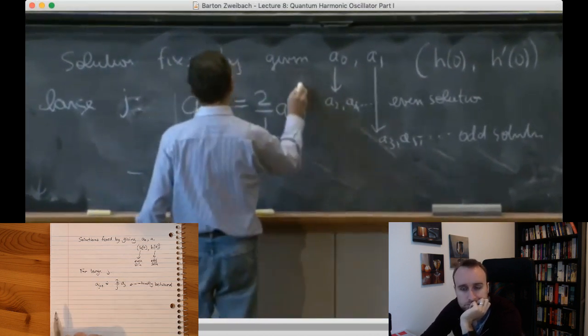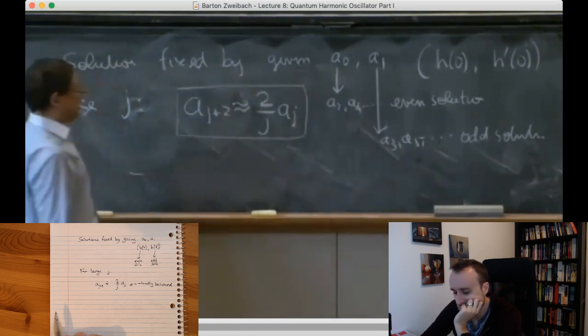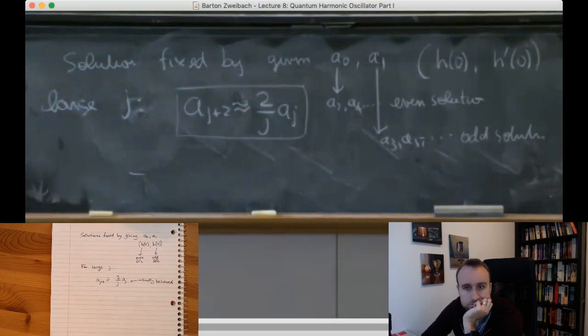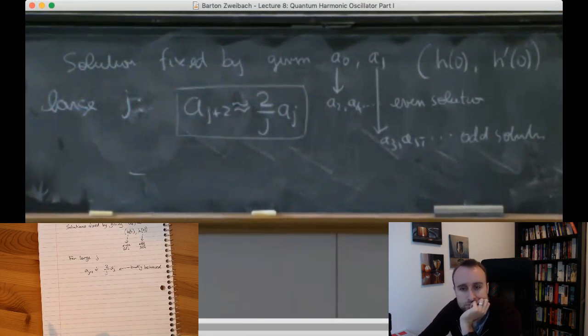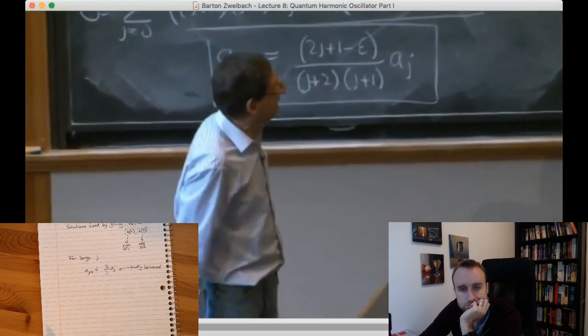So, roughly, for large j, it behaves like that. And now you have to ask yourself the question: if you have a power series expansion whose coefficients behave like that,